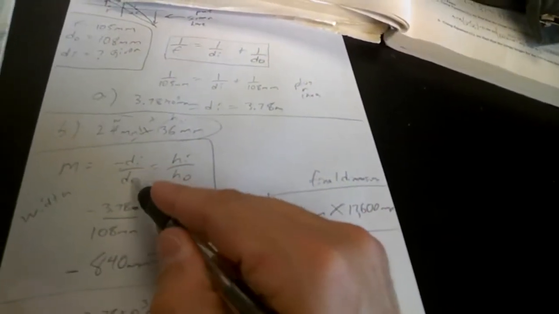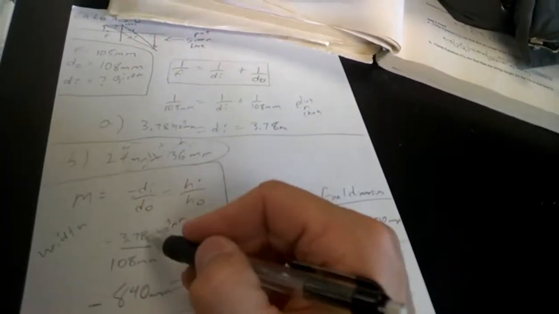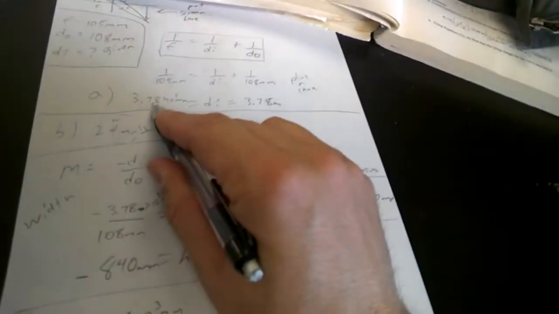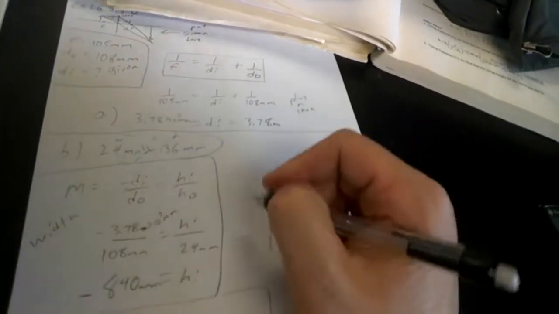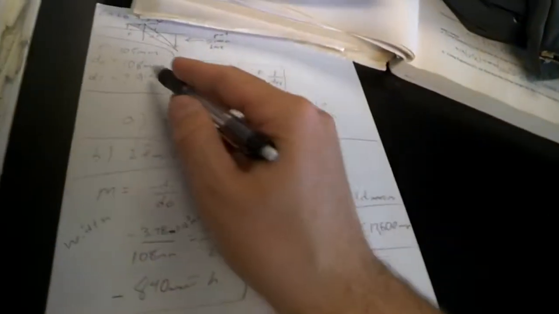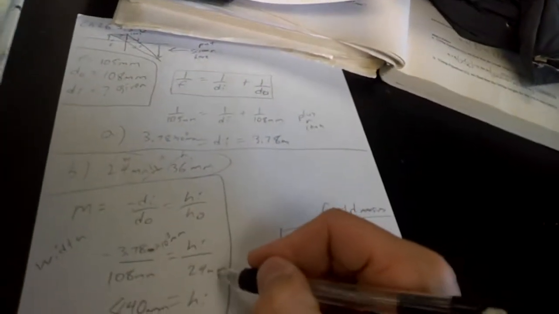So we have negative DI over DO equals HI over HO. And the DI we found in part A, so we know we're over at 3.78 times 10 to the third millimeters. As long as you keep all the units the same in these equations, you're fine. So I'm going to have this in millimeters. Object distance was given in the original question, still 108 millimeters. And our height of our object,